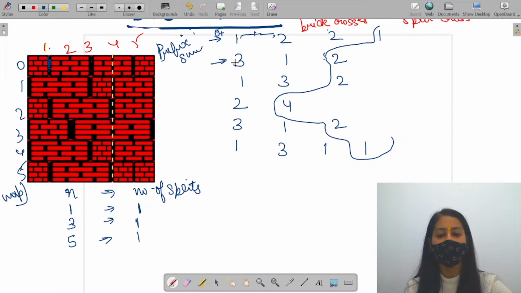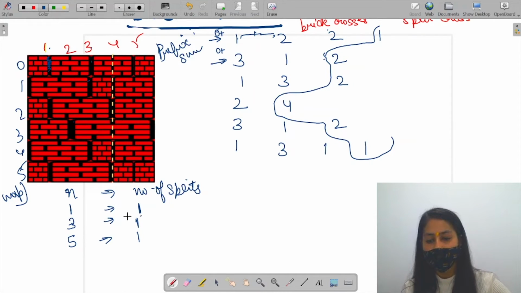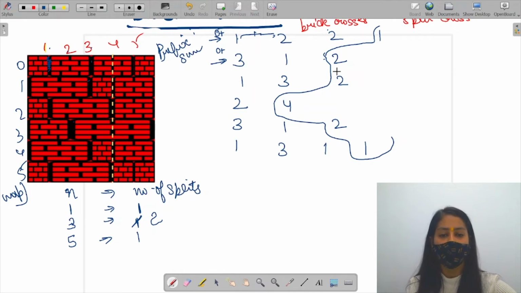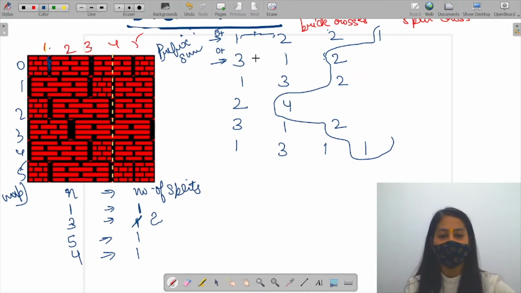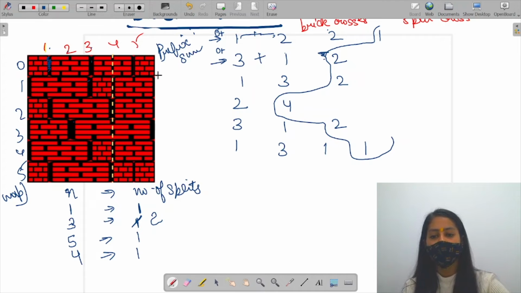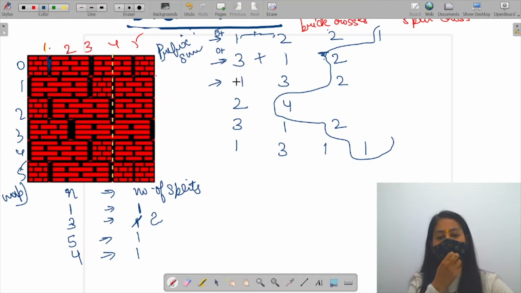Next we move to the next row. Now prefix sum is again 0. 0 plus 3 is 3. This means that at 3 one split is present. So in the map 3 is already present, so now a total of 2 splits are present at point 3 up till now. Right. Next is 3 plus 1, 4. This means that at 4 one split is present. Right. Next we will not consider this. Why? Because 4 plus 2 is 6, and we don't want to consider 6. Right.